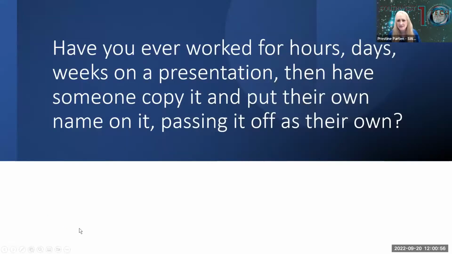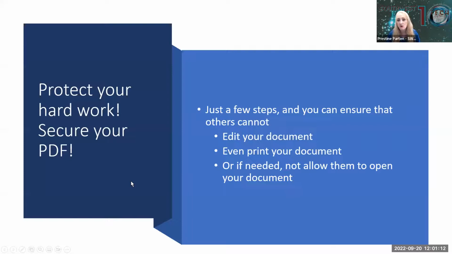hard work. So if you have ever worked for hours, days, weeks on a presentation and have someone else copy it, slap their own name on it, and then they pass it off as their own, you know how frustrating that can be after you've put all that time into it. So we're going to protect our hard work. We're going to secure our PDF,